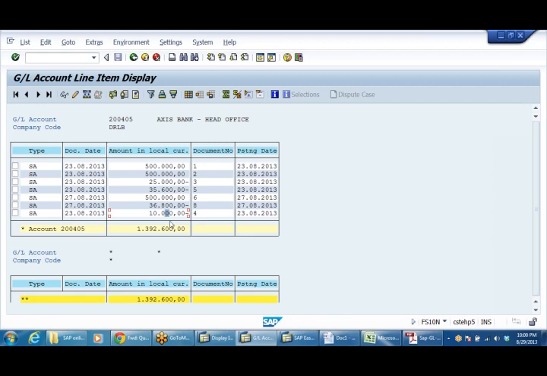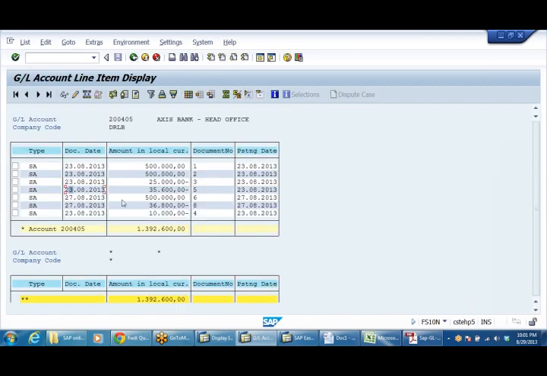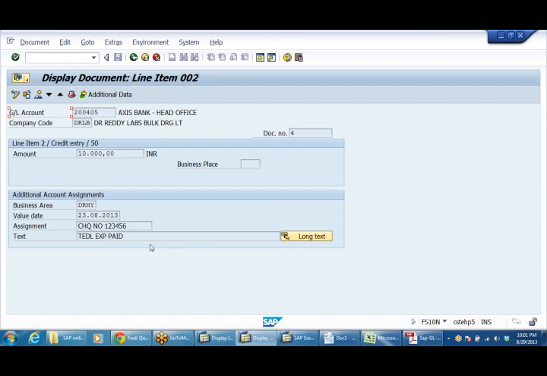Only this '27 entry came at the end. What is the reason? 23/8. Maybe the time of amendment will be later. Yeah, you're right. This is the document we made an amendment to. We changed it. Maybe because of that it is showing.